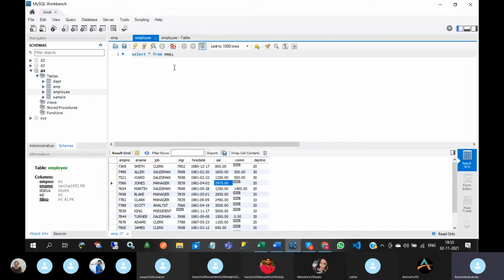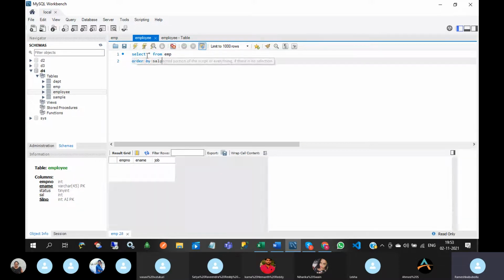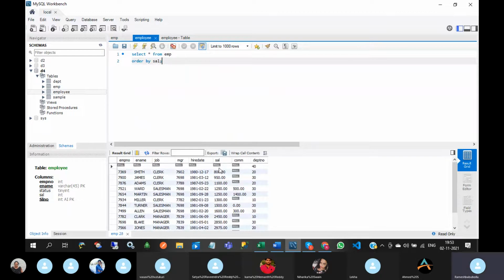So how to display? Order by clause we can use, salary. So these are the clauses: select one clause, from one clause, where, order by. Okay, see this.